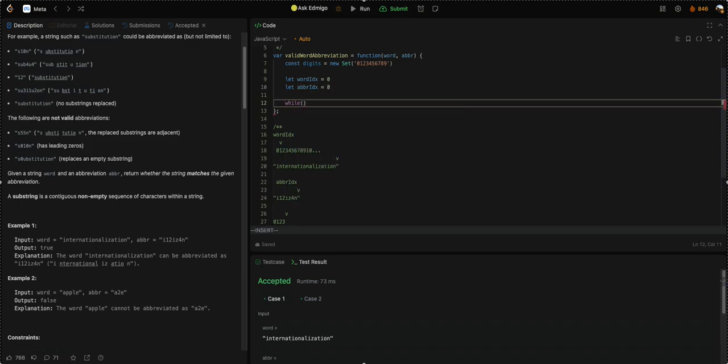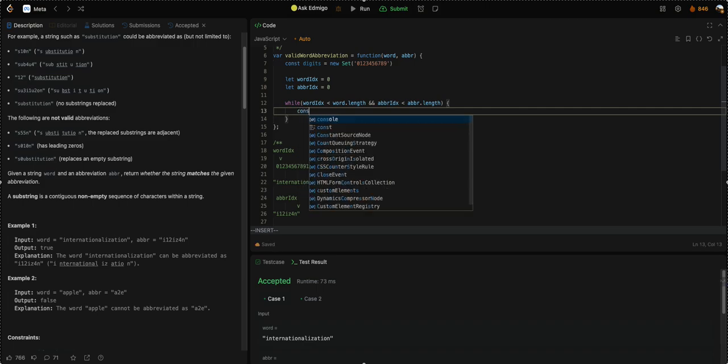And then while we haven't finished iterating through either of them, if word index is less than word length and abbreviation index is smaller than abbreviation length, then our current character from the abbreviation string will be abbreviation